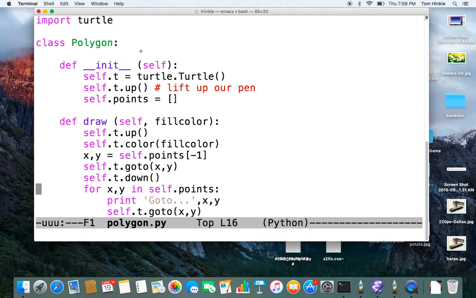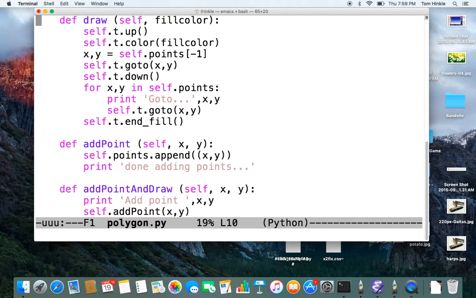So my polygon has a turtle that it uses to do its drawing. It lifts the pen up at the beginning so that we don't start drawing until we want to. And then it has a list of points. The points begin empty, and we're going to build the points out as we go. So that list beginning will be nothing, but eventually could be any number of points. We then come to draw,